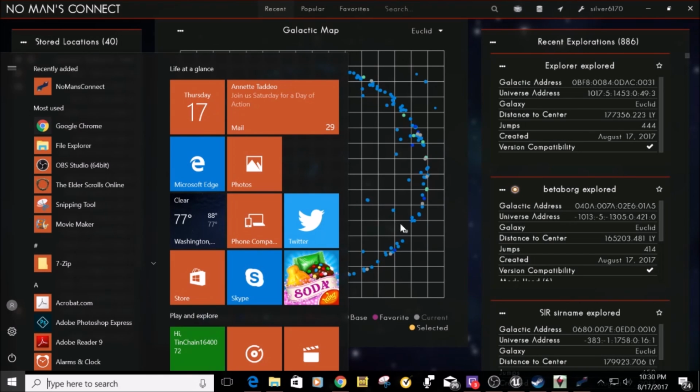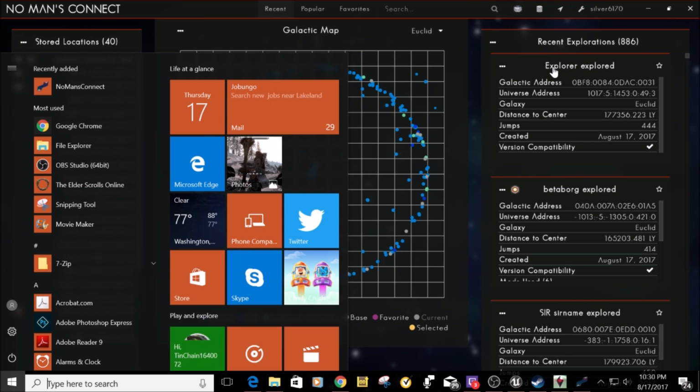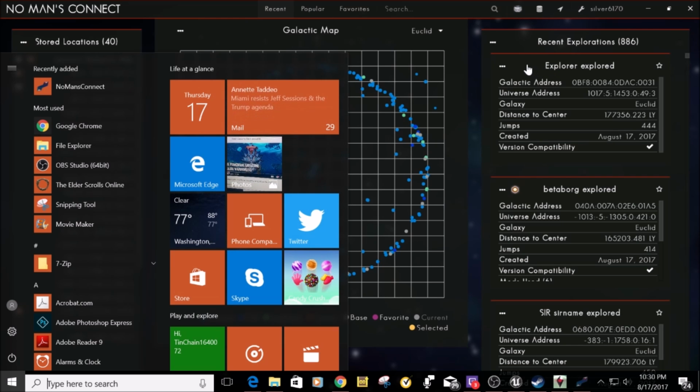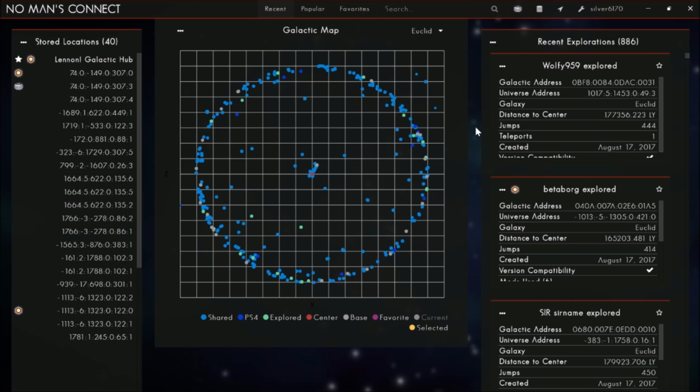So right now I just tabbed out, and I'm going back into the No Man's Connect interface. And I'm going to go back to the recent explorations, and right now it updated again to a player named Explorer. I'm going to go to the left of his name with my mouse, click on those three dots, and click teleport here. And then you don't have to do anything else. It's done. So what you do is you tab back into No Man's Sky,